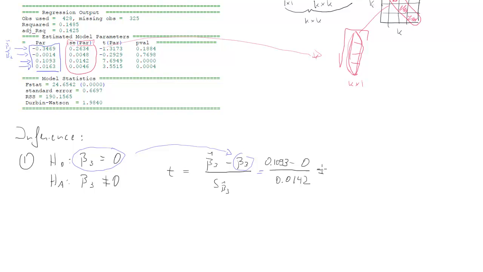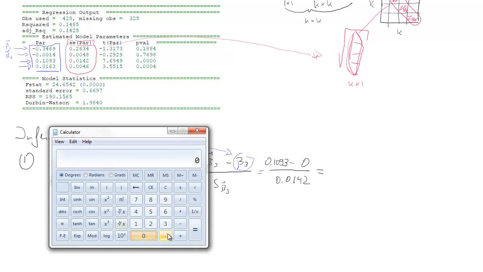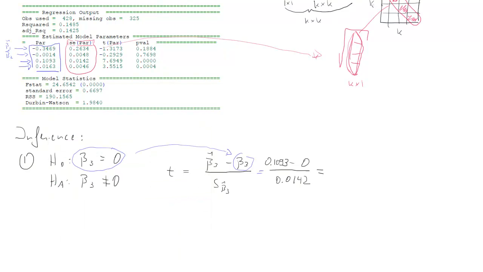So what is that? We'll just bring the magic calculator up. 0.1093 divided by 0.0142 is equal to 7.697. So to conclude, to make a decision with respect to the null hypothesis, of course, we need a number